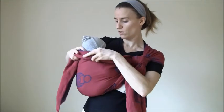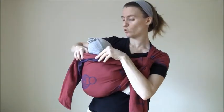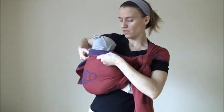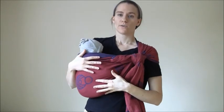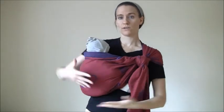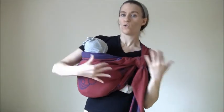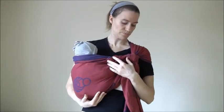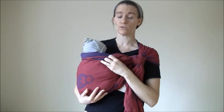I can now use this, which I roll loosely. Very important to do it loosely. And tuck it around. Okay. So again, this is great for breastfeeding for the same reason as the other hip carry. You can get baby in whichever position, lower or cradle or rugby hold, or to the other breast if you wanted to. Okay. If your knot is too tight when you want to undo it,